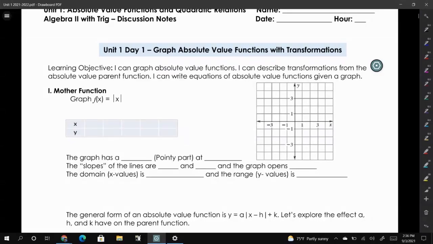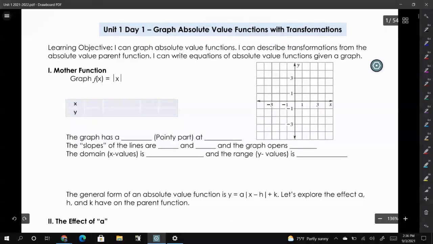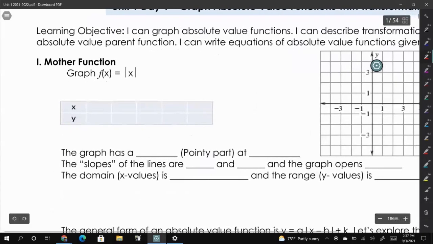The Unit 1 Day 1 notes has an activity that goes along with it. So what I'll do is I'll do this part up here, which is our introduction, and then you can pause the video while I do the activity, unpause the video, and then we'll be at the summary section of it. So let's look at this function called an absolute value function,